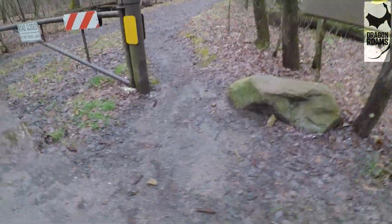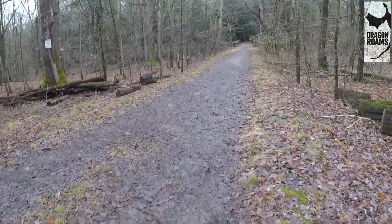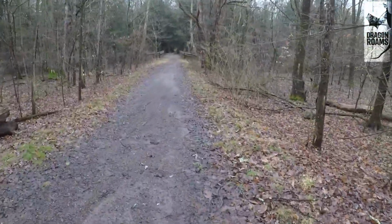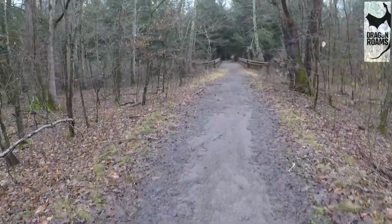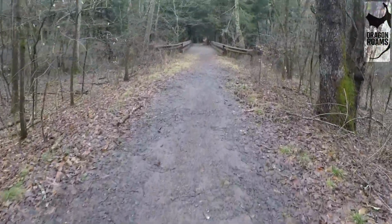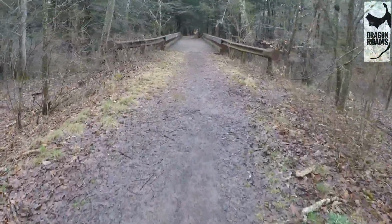Wood Frog Loop. Today we are at Nescopeck State Park. That is the trail we're doing. This is one of their little trails that's not part of the main network. This is a short one today. It's only going to be a little over a mile long,